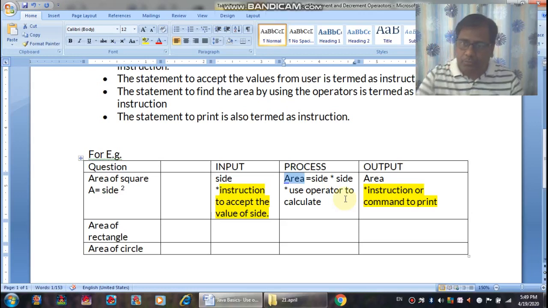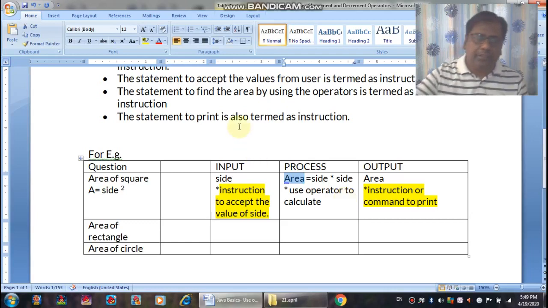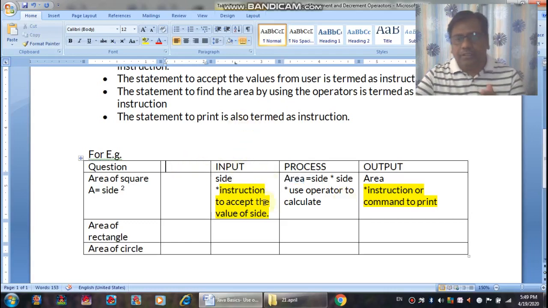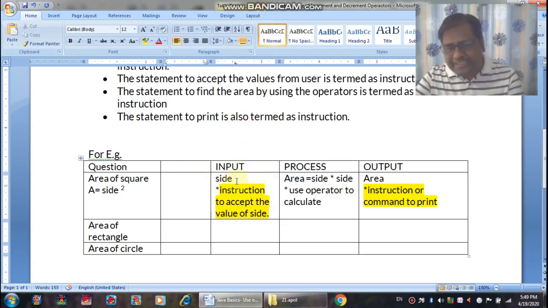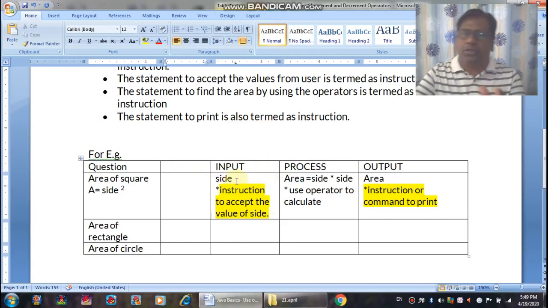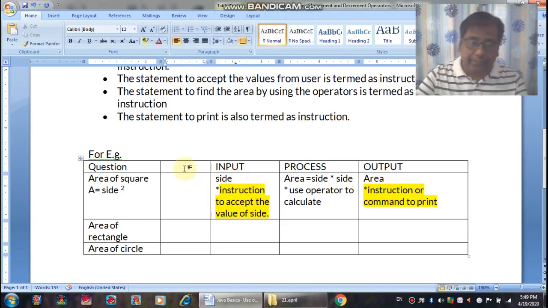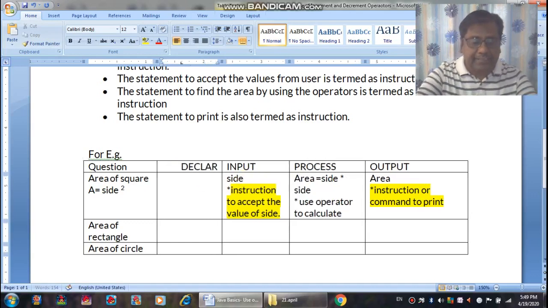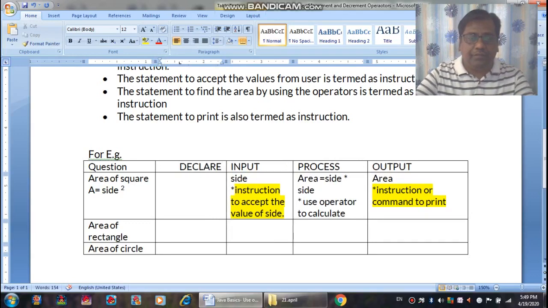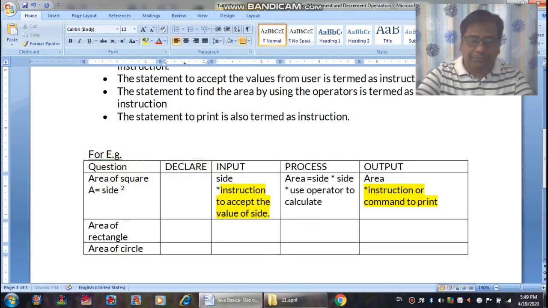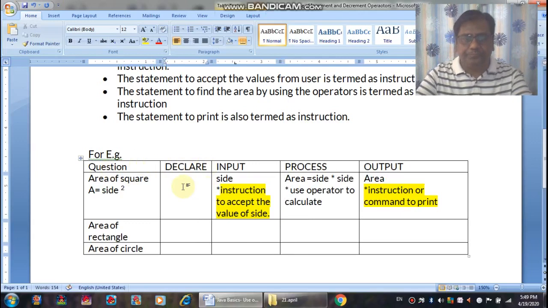That means we require how many variables? Two variables. That means these variables can be directly used or they should be declared beforehand. They should be declared beforehand. Therefore, one more step is required, that is declaration of a variable.